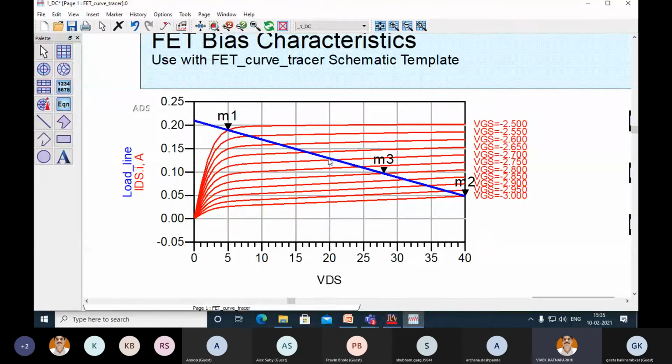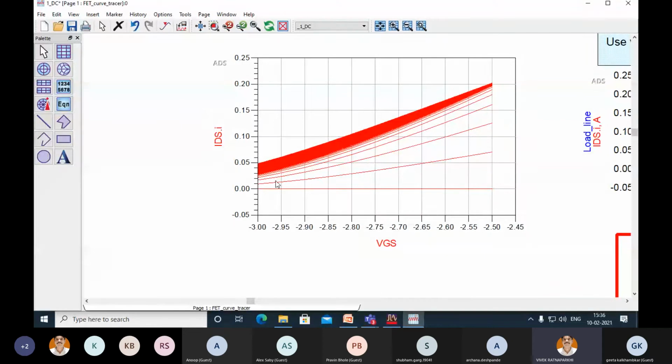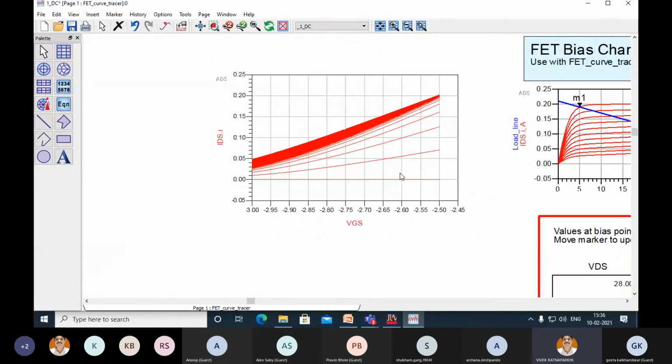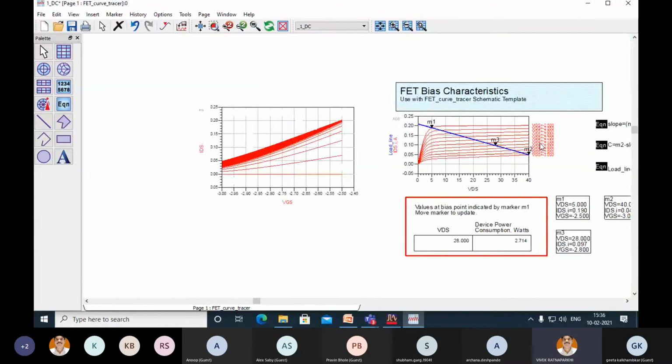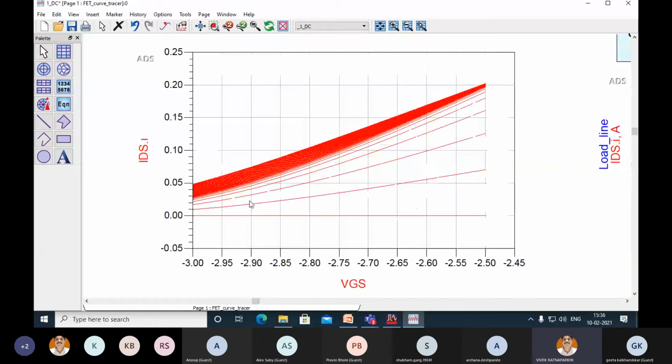If I place the marker exactly in the center of the load line, so you all know that that is class A. If we select the bias point below cutoff, so that is class B, and if it is in between of that, so it will be class AB. The same thing can be easily understood from this VGS versus IDS curve. So what is your pinch off voltage, that can also be understood for different VGS values. Okay, so this curve is being plotted, different VDS values you can say, and where your device is getting pinch off, so that can be also determined.